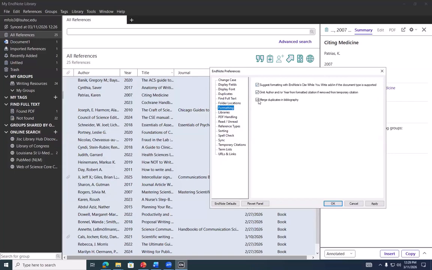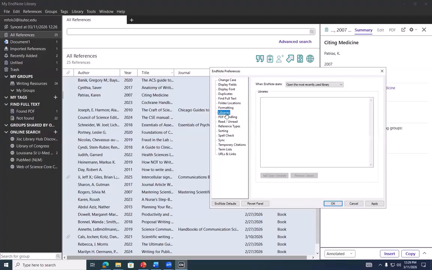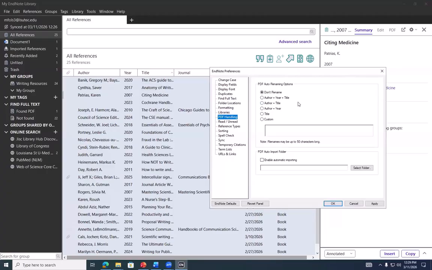Formatting, this is pretty simple. Merge duplicates, omit an author, basic stuff. Your library, so when you open EndNote in the first place, you can tell it to open a specific library you choose, or it'll just open a plain menu where you could then open another library from there. PDF handling, so when you ingest a PDF, it'll either ingest however it's already labeled,